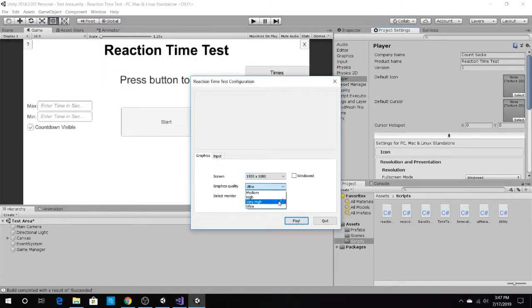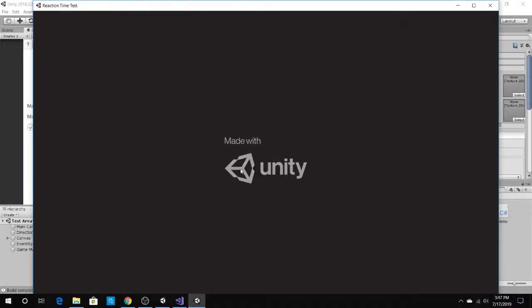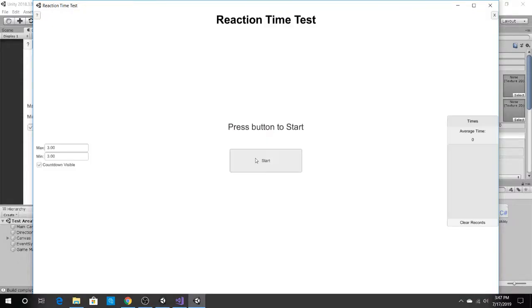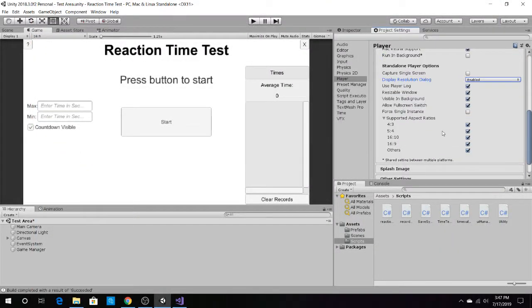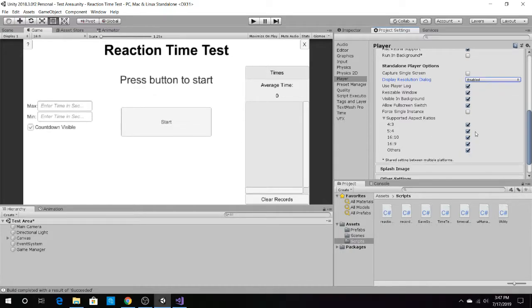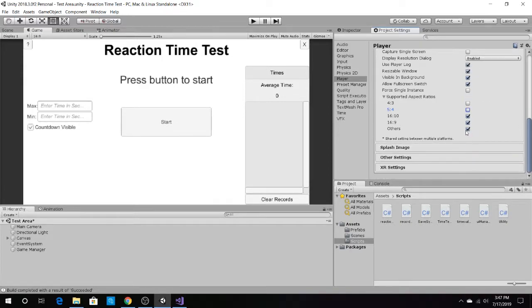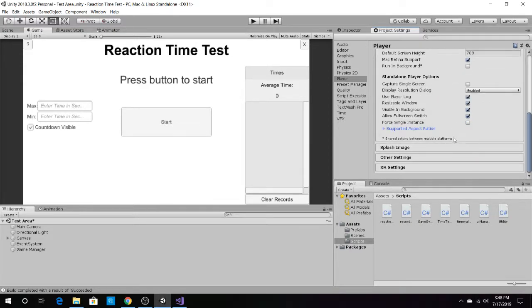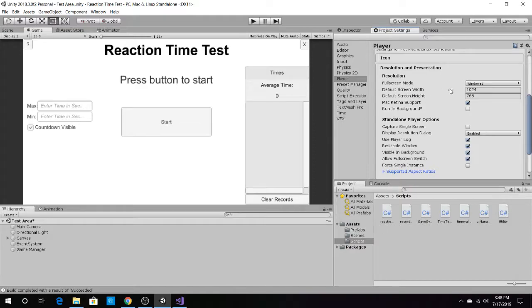We don't want it to be ultra. We just want it to be very simple. We'll take windowed. Why not? We don't even need any inputs. As you can see, we have our reaction time test. Yay, everything is kind of tiny because, well, that's how I made it. Okay. And let me not allow those resolution aspect ratios. And with that,